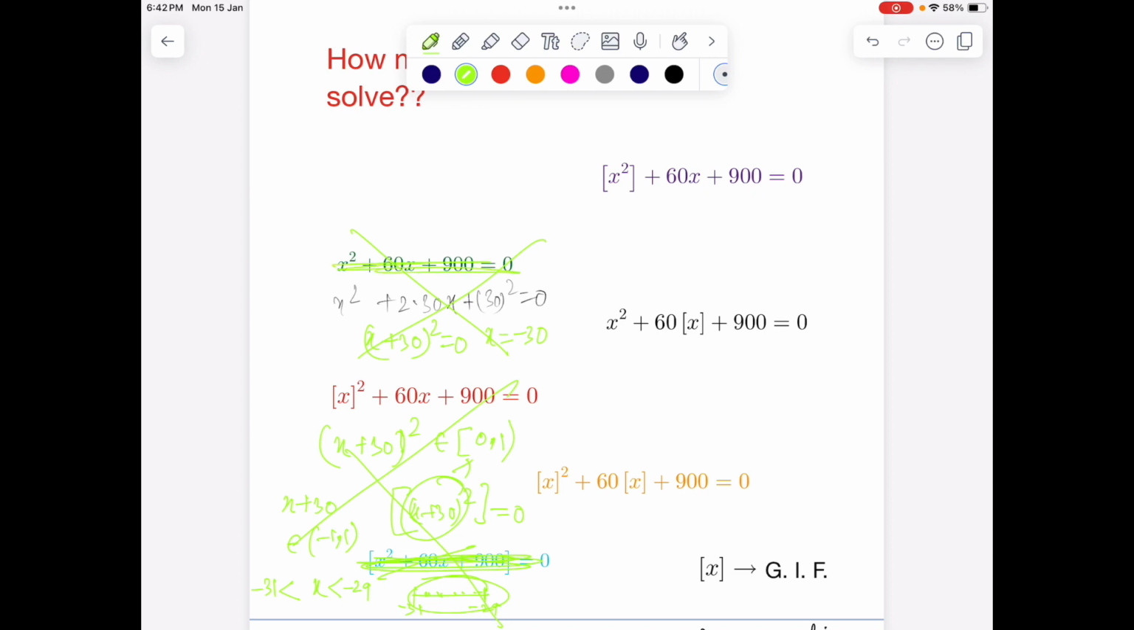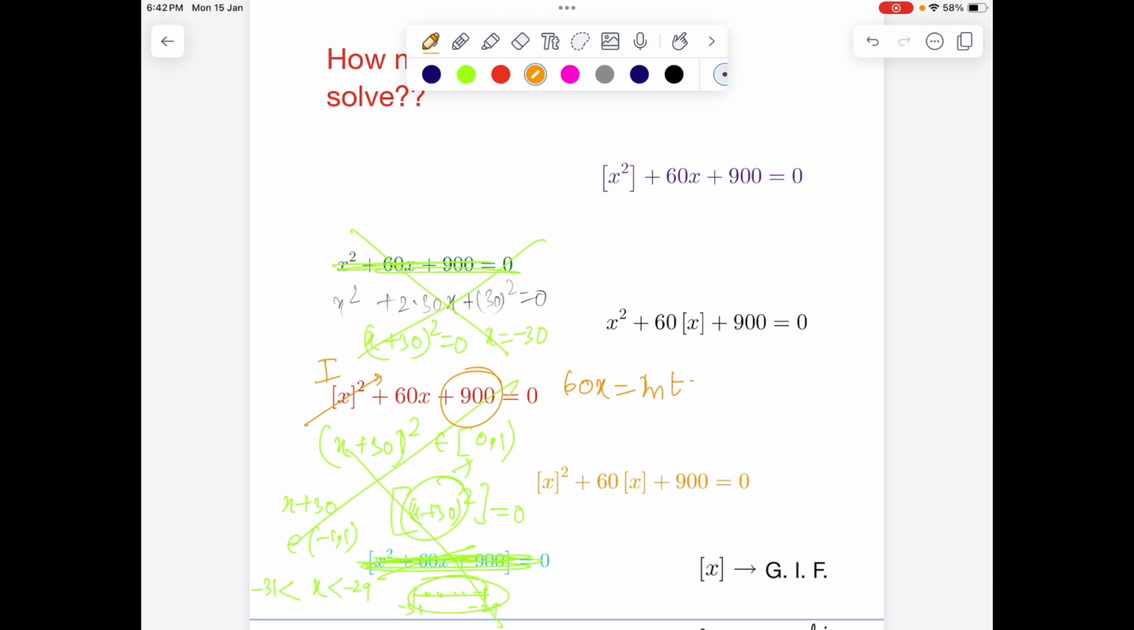Okay, so now it's a tug of war between three of them. Which one to try? Which one feels easier? Let's try the red guy. So greatest x square plus 60x plus 900 equals 0. What do we know about greatest x? It's all integers. So this is going to be some integer. That forces 60x to be an integer, right? So 60x must be an integer,